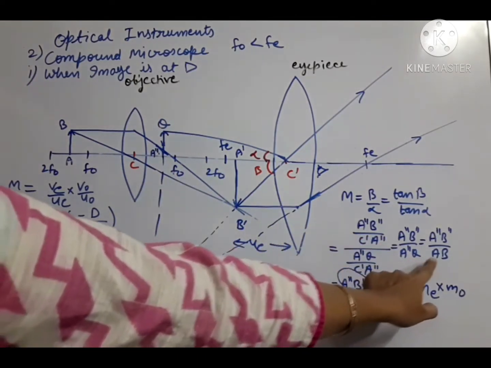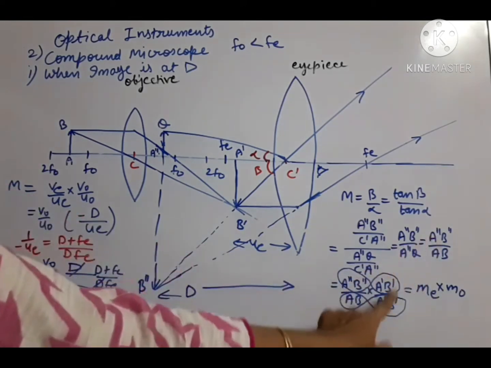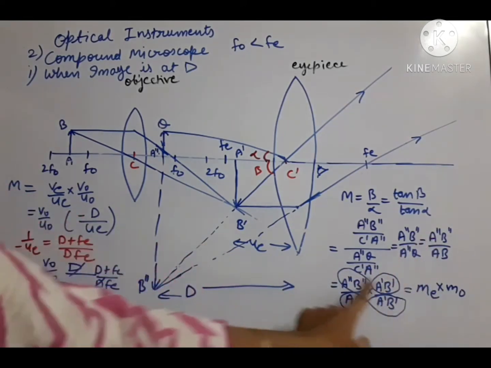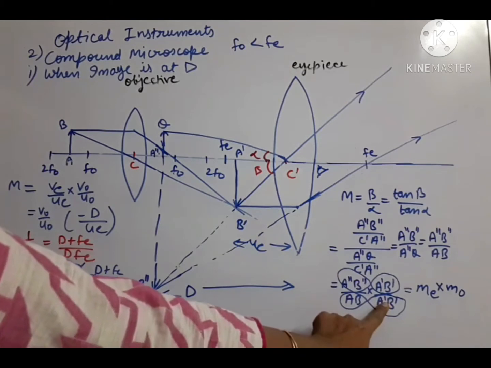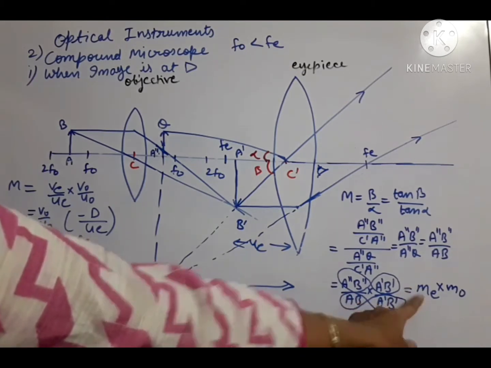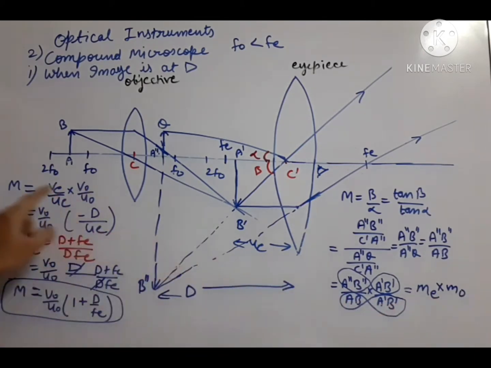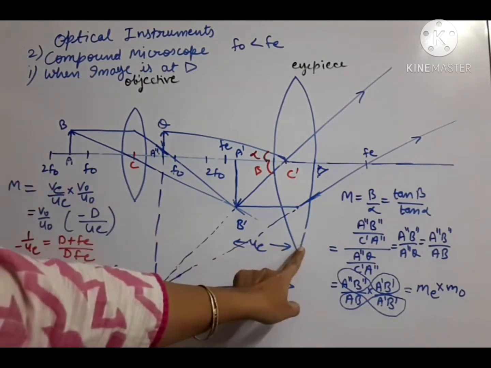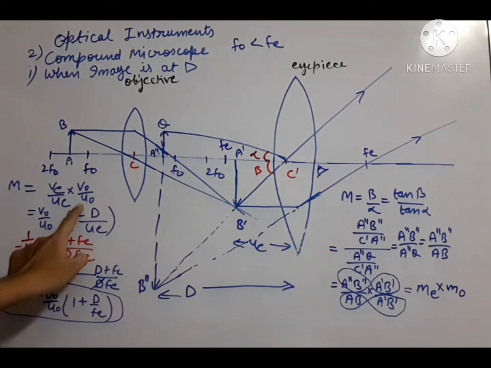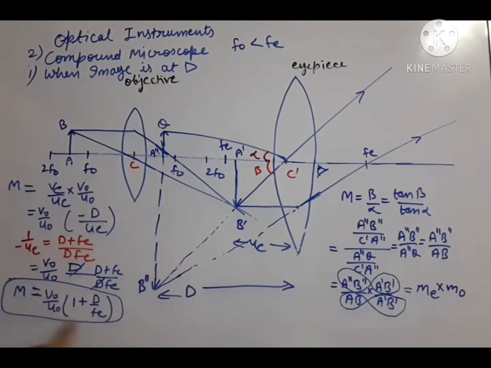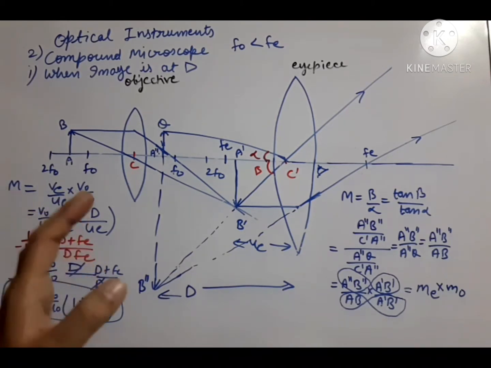फिर a double dash b double dash को AB लिखा, इसके बाद में इसमें a dash b dash introduce किया है. इससे ये हुआ कि image upon object of eyepiece, इसको हम बोलते हैं ME. फिर image upon object of objective, इसको बोलते हैं MO. then ME and MO को लिखा V by U. Then VE means image distance of eyepiece minus D, and UE you put a formula like this. So this way after cancellation you will get this answer. So the derivation is not difficult, it's easy only.